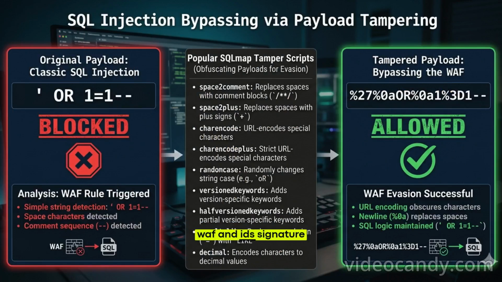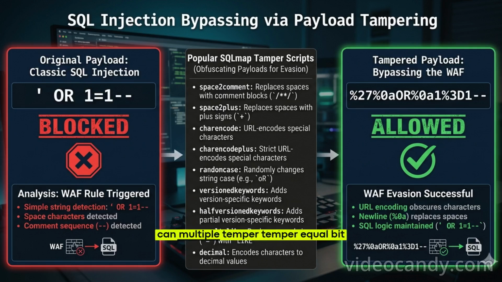WAF and IDS signatures block classic payloads like "or 1=1 --". Tamper scripts rewrite your payload to avoid detection. For example, space2comment replaces spaces with "/**/"; between changes "or 1=1" to "or 1 between 2 and 0", always false but logically the same.